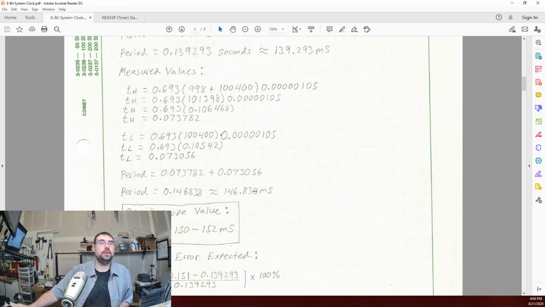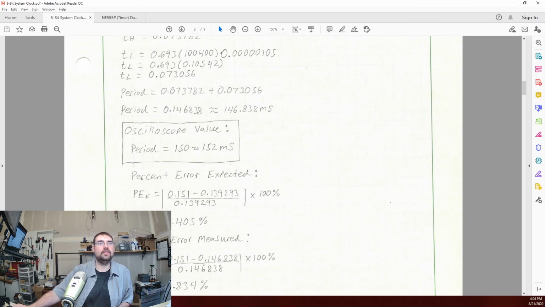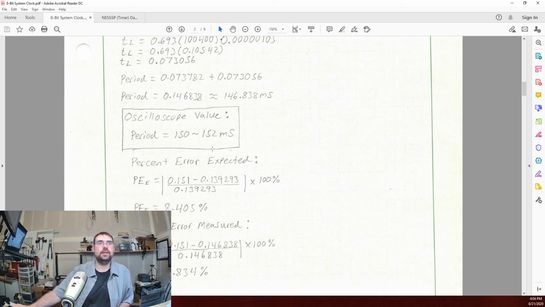And then this is our period with the actual values I measured. 998 ohms, 100.4K ohms, and a little bit more than 1 microfarad. And then that gave me 146.838 milliseconds compared to 139. Not a huge difference, obviously. It's really, really close, but you can see the difference. And so then when I'm looking at 150 to 152 milliseconds on my oscilloscope, well, now I gotta figure out, okay, well,